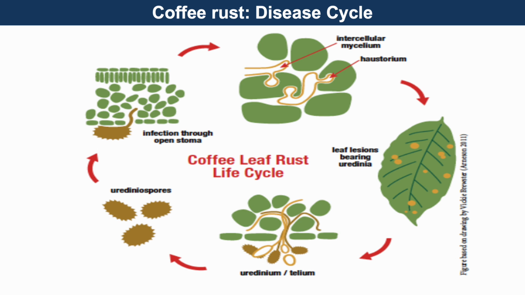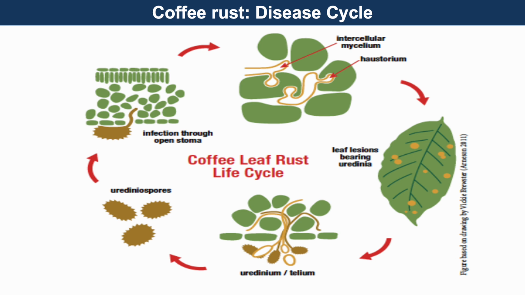infection over multiple generations. And as I said, microscopic urediniospores land on a coffee leaf and germinate, forming an infection structure that enters the leaf through stomata, the natural openings, which are small pores. Then the fungus colonizes the leaf's interior and eventually emerges through the stomata to form a sorus, which contains new spores.